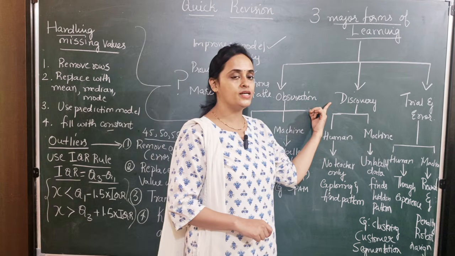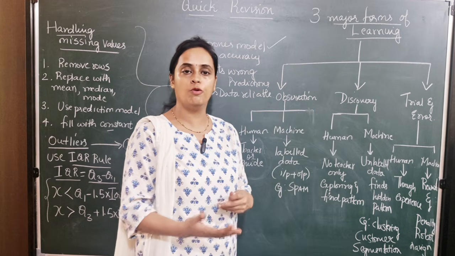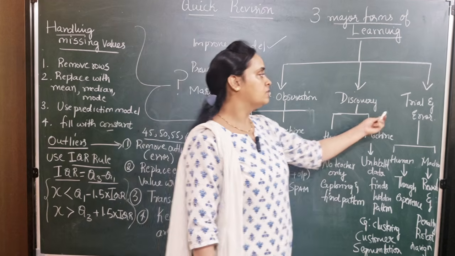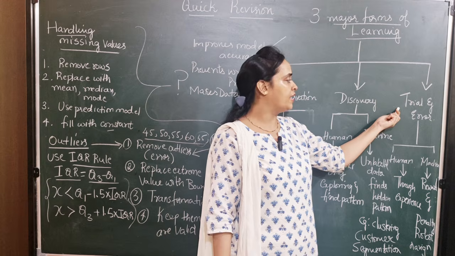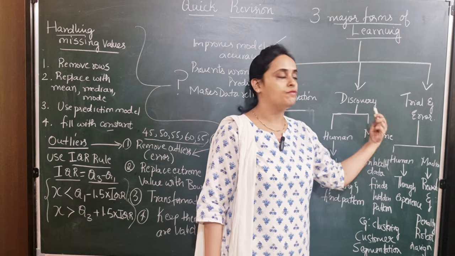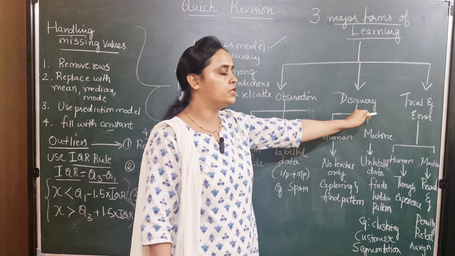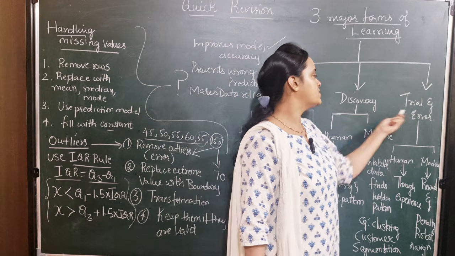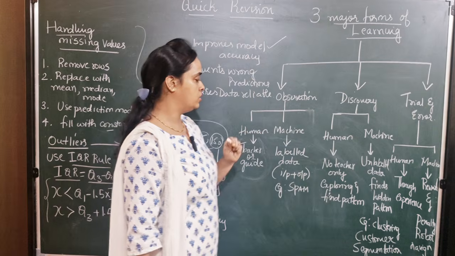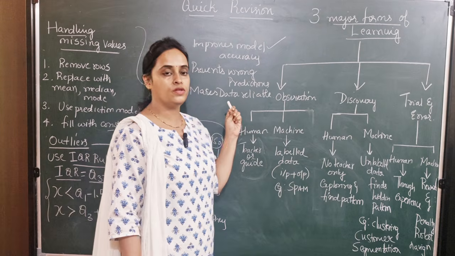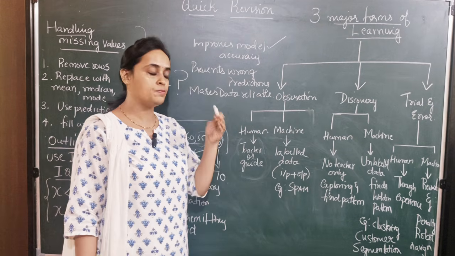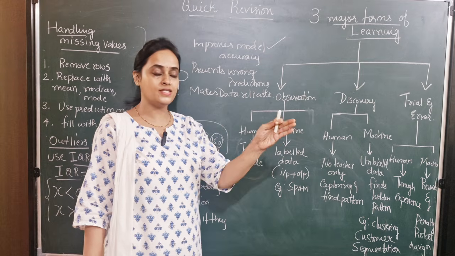Second way of learning is discovery. We explore more and we learn. Third way of learning is trial, doing some mistakes. From the mistakes, we learn. We make errors and we rectify the errors and we learn.